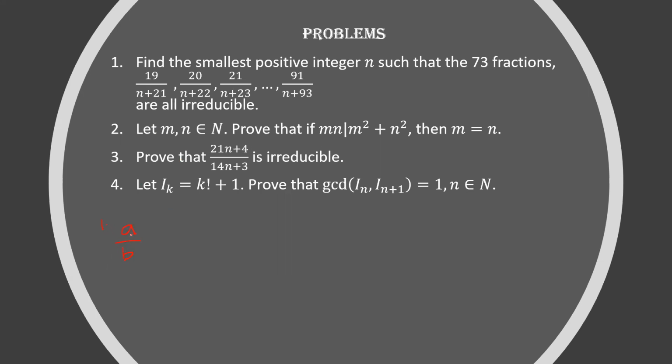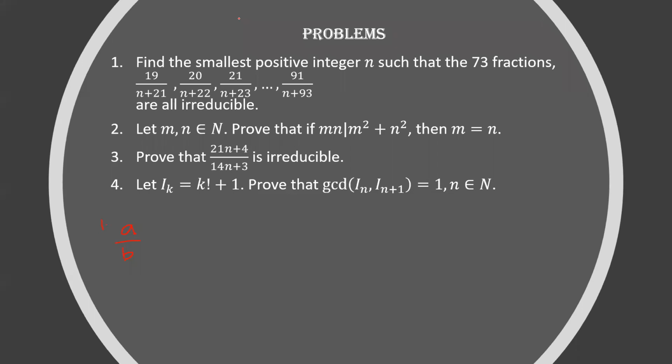I can give examples: 3 by 4, 7 by 11, 19 by 23. These are irreducible fractions because you cannot reduce them. So can somebody tell what is the relation between a and b that is linked with GCD and LCM? Because right now we are doing GCD and LCM.